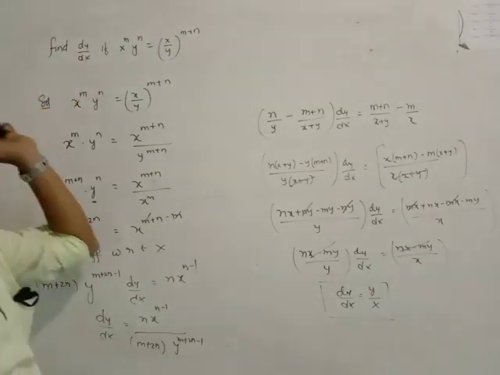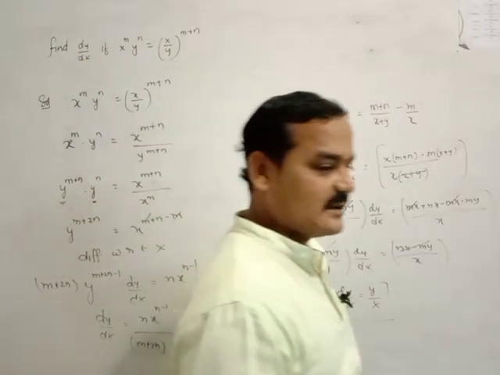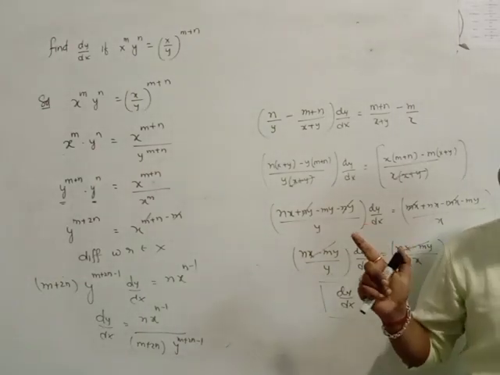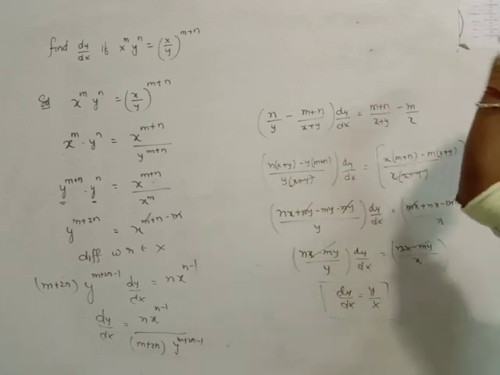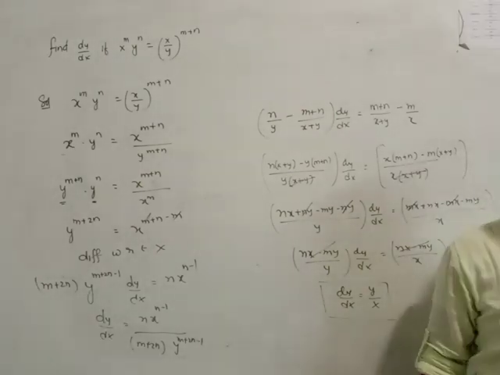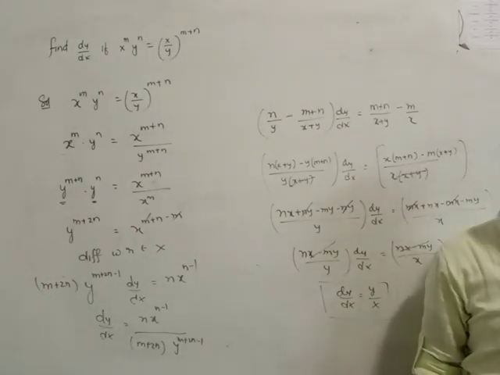If you take the log of this function, the answer will also come, but it can be a lengthy process. Without taking the logarithm also, you can do it because the division function is given. So why can't you do it for the previous function? It is not possible for the previous function because a plus b whole power of m, you cannot convert into anything. A by b whole power of m means a power of m by b power of m.